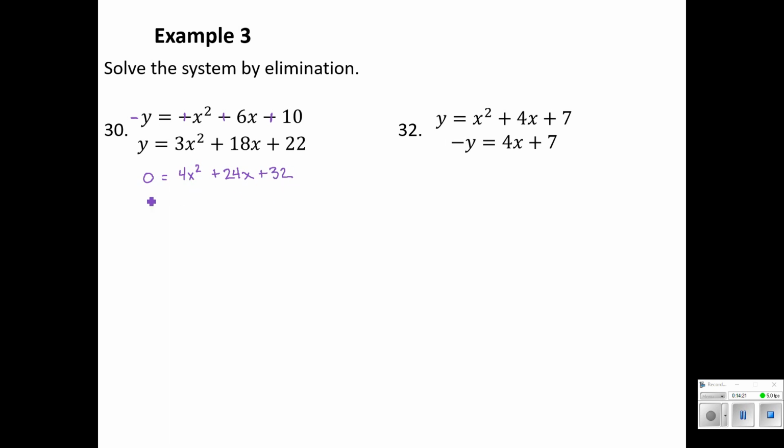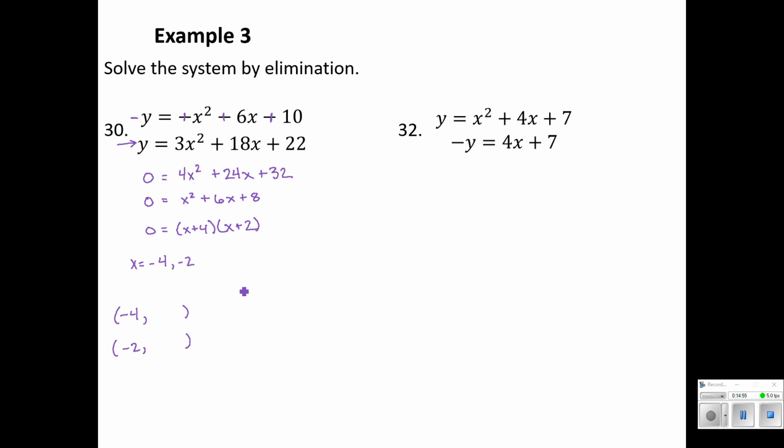I can divide both sides by 4. Whenever we catch that, that's a nice way of cleaning this up. And now it is factorable. I got plus 4 and plus 2. So I know that x equals either -4 or -2. So -4 something, -2 something. And I've got two places where I could substitute in and find out what y is equal to. I'll use this bottom one since I haven't changed the signs on everything.